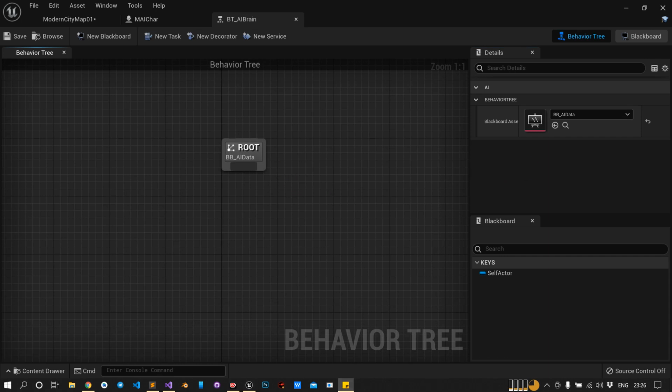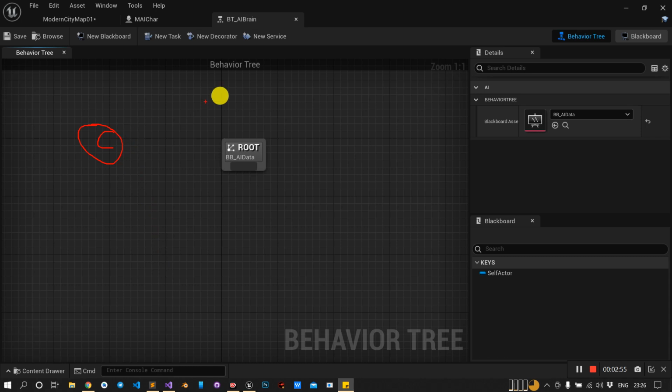So there are mainly two types of nodes. One is composite node and one is the task node. What is the difference between these two? The composite node is like a papa node, like a parent node, and the task node is like a child node.